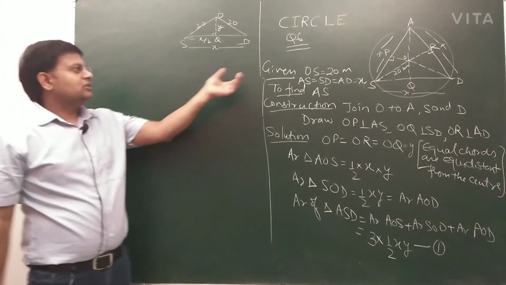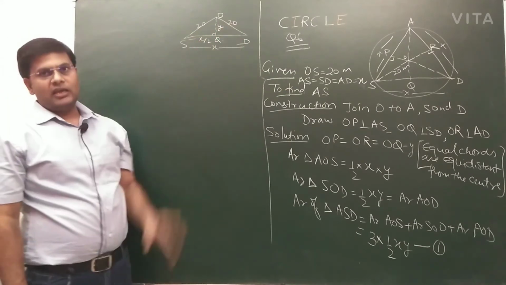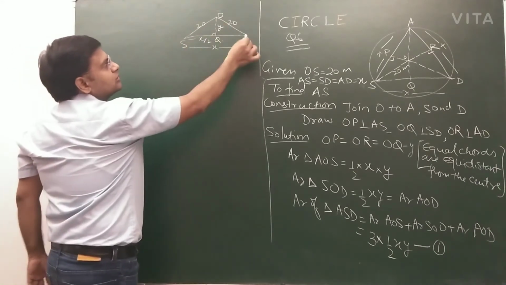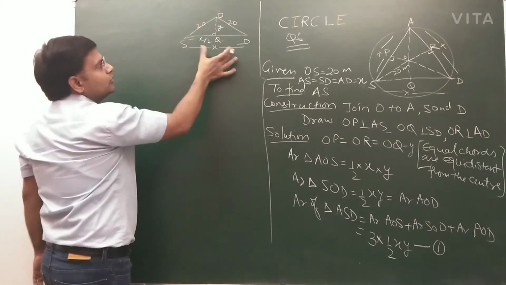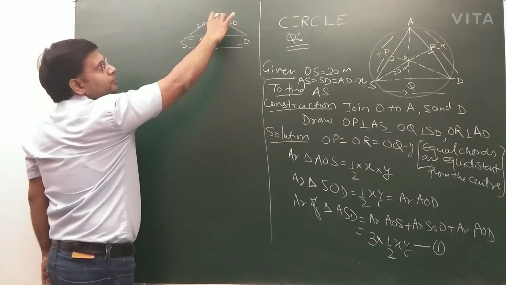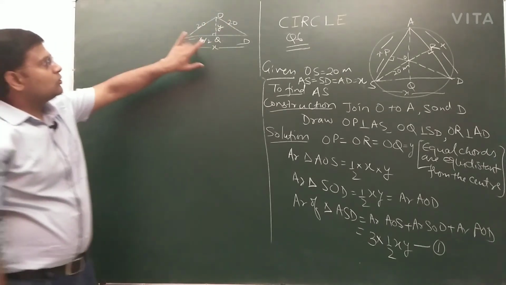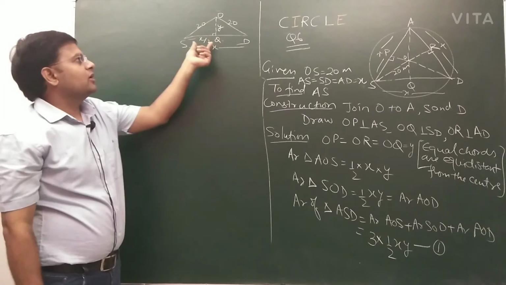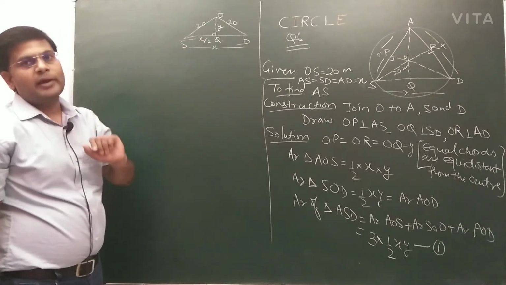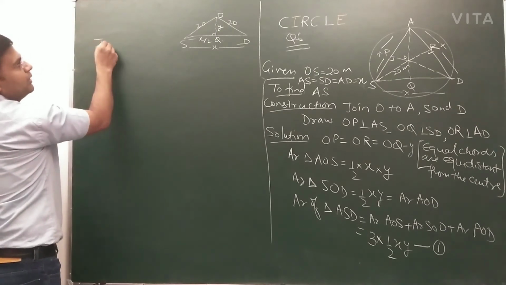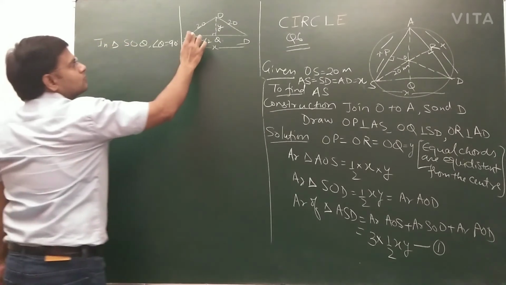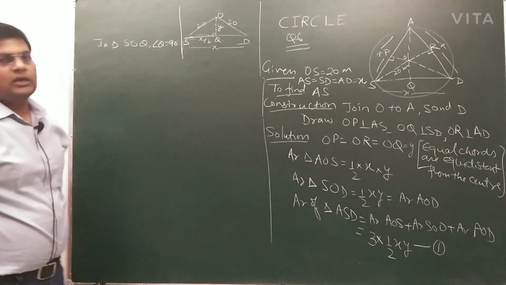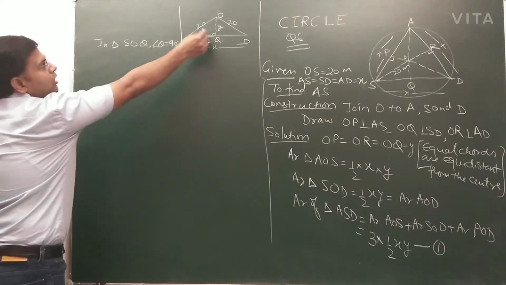Now we are taking the small part SOD again to find the value of y in terms of x. You see this is an isosceles triangle, this is 20, this is 20, it's given to you. This side is x. Any perpendicular in an isosceles triangle is also the median, so it will bisect SD, meaning SQ equals QD. So we can take SQ as x by 2. We can apply the Pythagoras theorem in triangle SOQ. Angle Q is 90 degrees because we have taken it in the construction.